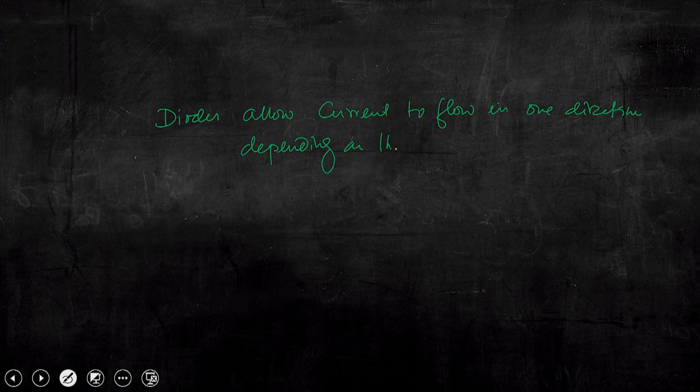So, as I said, diodes allow current to flow in one direction depending on the bias, that is the polarity of voltage, that is the bias across the anode and cathode,